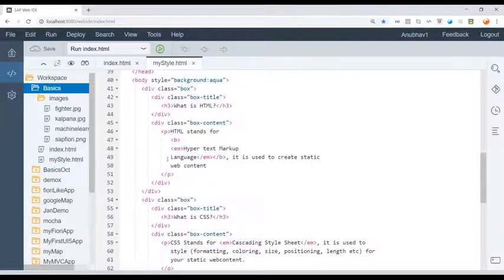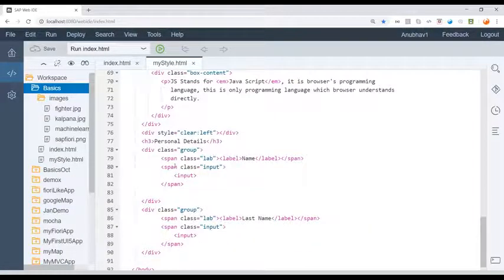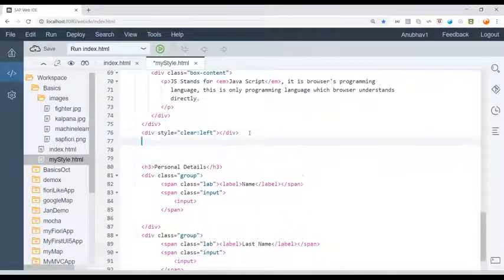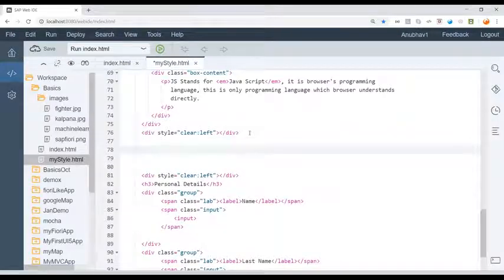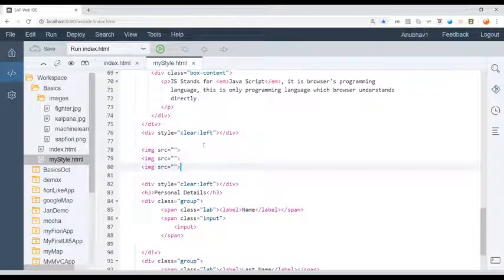So I'm going to go back and create three boxes once again. After clearing the float, we will also have one more float clear here because we're also going to float images. I'm just going to add an image here with a src property, and we'll put three images. Now I'm going to put the path of each image. I'm going to say images slash first is